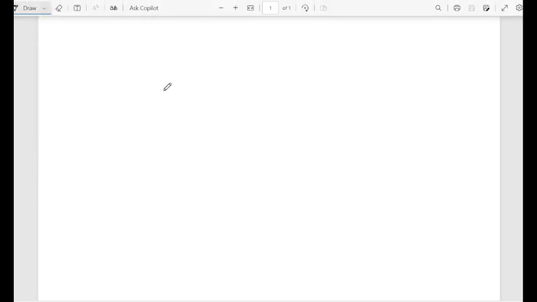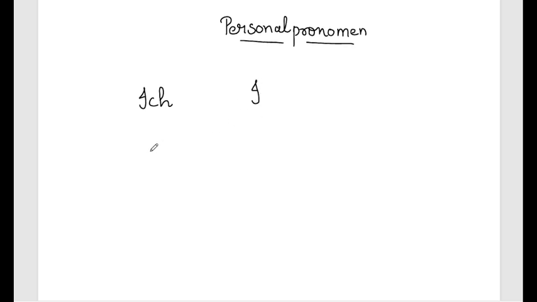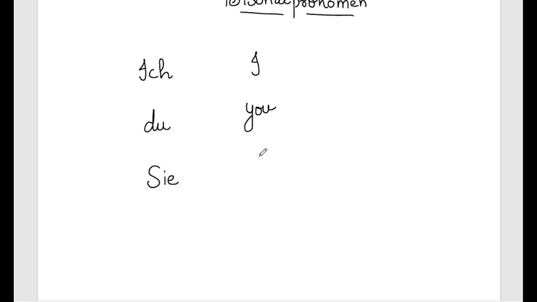of addresser. So you can put the heading in your notebook: Personal pronomen, which means personal pronoun. The very first pronoun in German is ich, which means I. Another one is du, which means you. And the next one is Sie, which means again you. Now there are two yous. The first one, du, is informal. The second one is